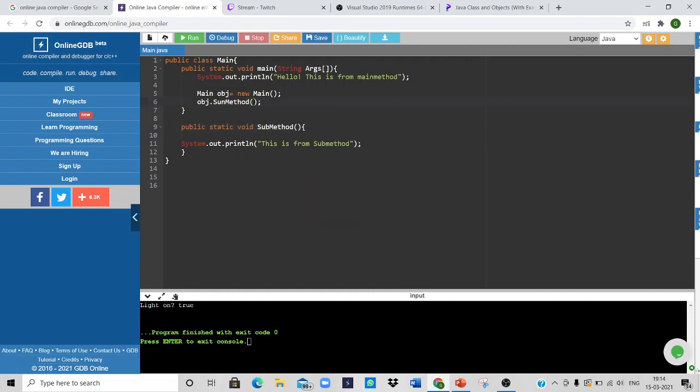Here, inside of this submethod parenthesis, we can pass arguments to any submethod with any kind of value as intended. Here we don't have to pass any argument because we are just going to print "This is from sub method." We don't have to give any value. If we have variables like x and y inside of this submethod, then we can pass values for those variables through this parenthesis. That is called argument passing. Okay, our code is completed now. We'll just check whether it is right or wrong.